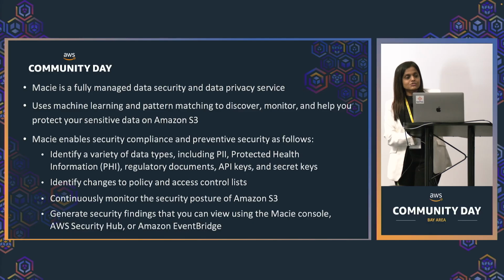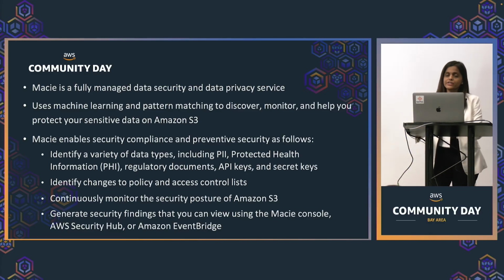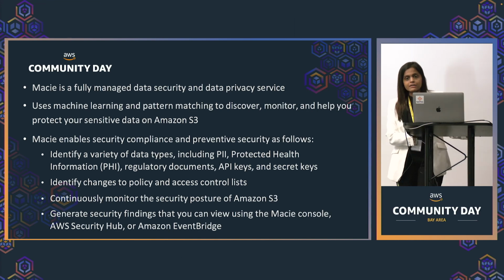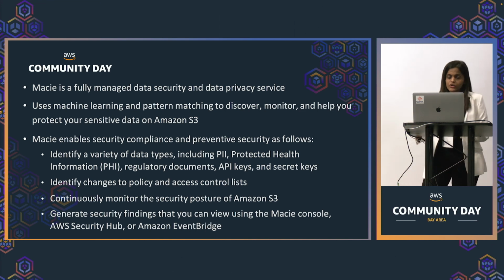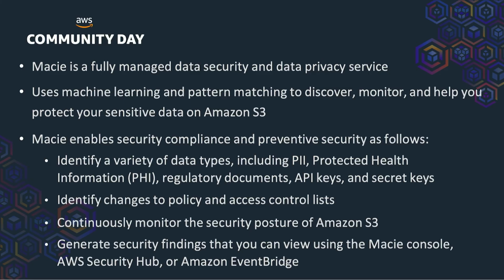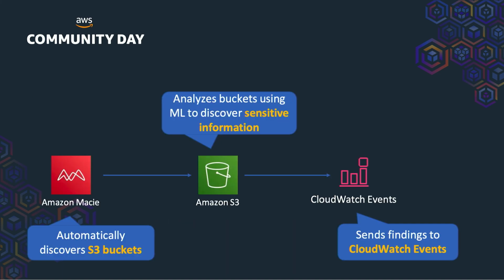Macie. What is Macie? So Macie is actually an AWS managed security and data privacy service. It uses machine learning and pattern matching algorithms for discovering, monitoring and protecting your sensitive data on S3. So using Macie, you would be able to identify your PII information, that is personally identifiable information, your PHI information, your credit card, debit card related information. Any sensitive information can be observed and monitored with the help of Macie. It's specifically related to the exposure of your S3 bucket, using which you would be able to monitor and generate a trigger based on the Macie's notification.